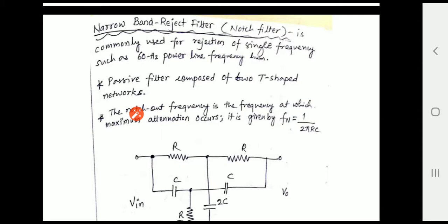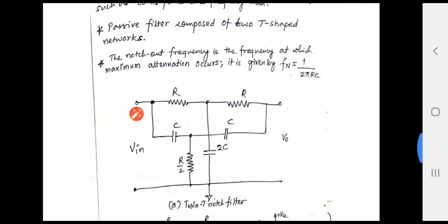Okay, I will show you why it is called a T-shaped network. Another thing, here the notch frequency is the frequency at which the maximum attenuation occurs, and it is given by f equals 1 by 2 pi RC. This is the formula for the frequency. Using this formula, we can design for the 60 Hz value by selecting the resistor and